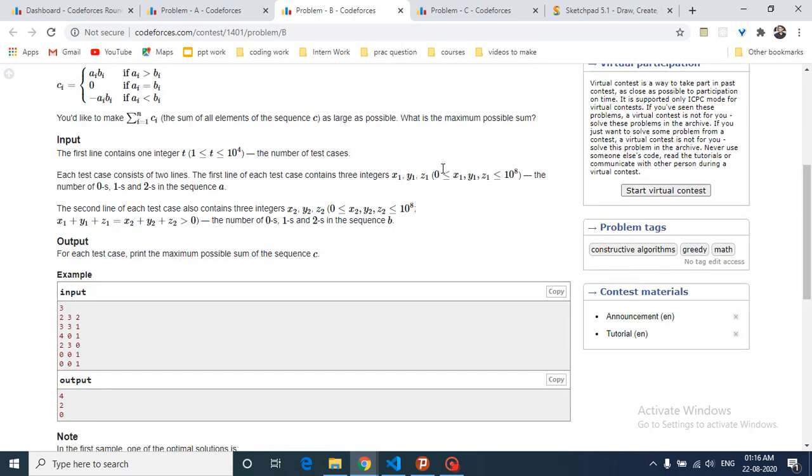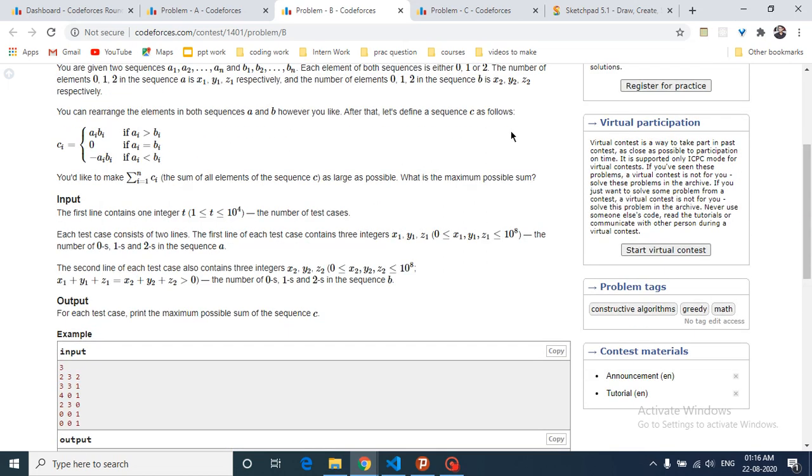As you can see, it is a very large number. You cannot print all the numbers, or push them and sort them and do something, because the numbers are very large. The basic intuition that comes to mind is that you want the maximum sum. This term is contributing to the sum. This is not contributing, it is 0. This is also not contributing, it's actually decreasing. So you want more of the terms where AI becomes greater than BI. The ith element of A should be greater than BI.